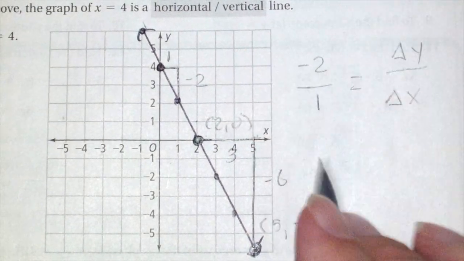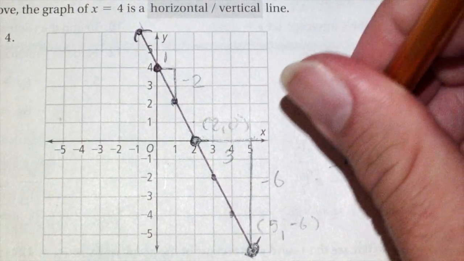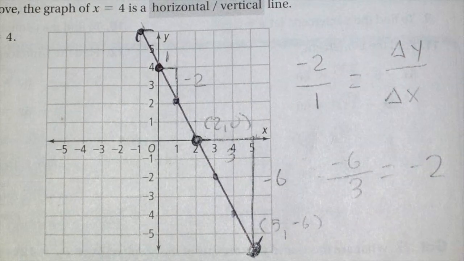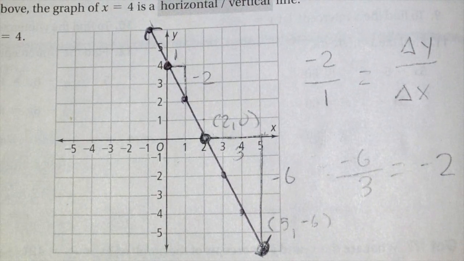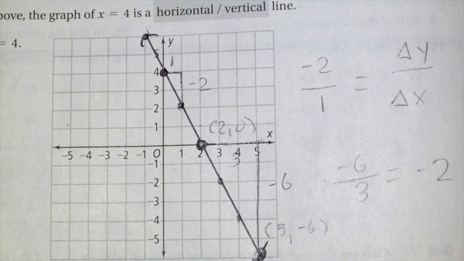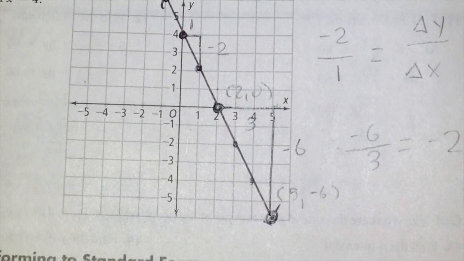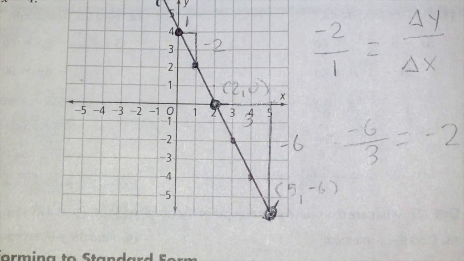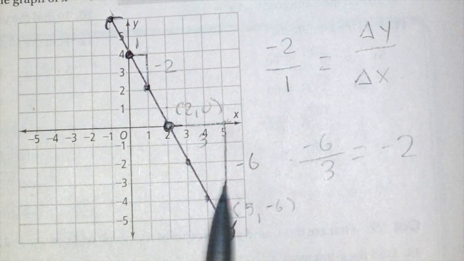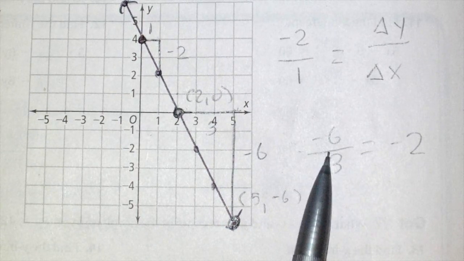So the slope is going to be the change in y, so -6, divided by the change in x. So -6 divided by 3 equals -2. And this was all a roundabout way, and this is the last part of this for B. But if I ever want to find the slope, all we did, and this is my favorite part, is